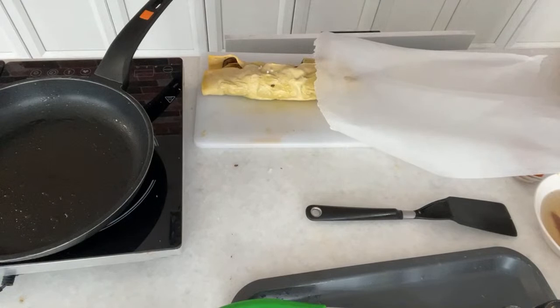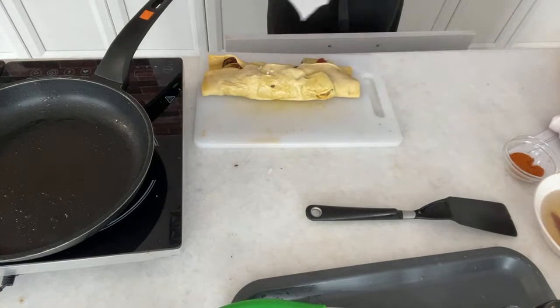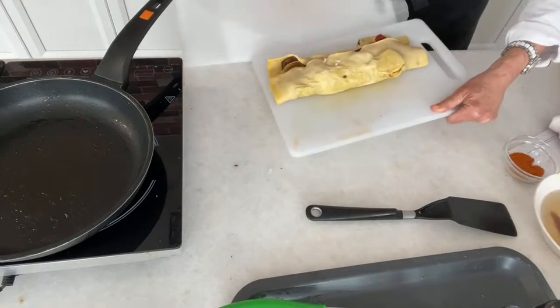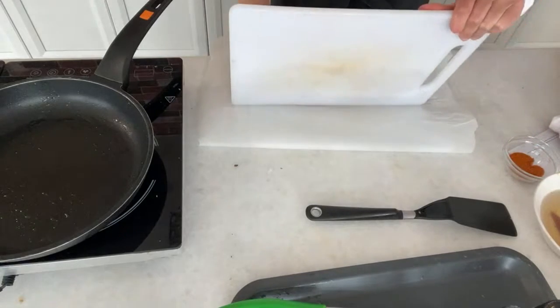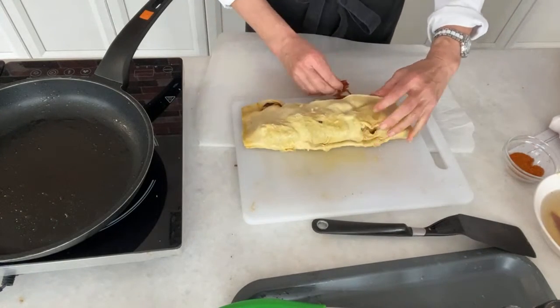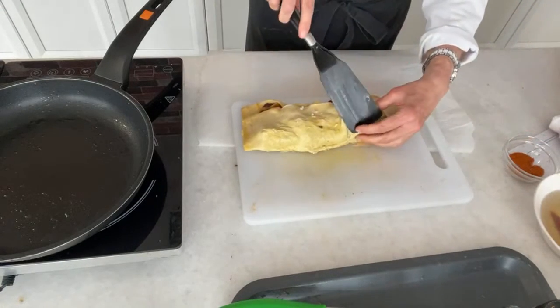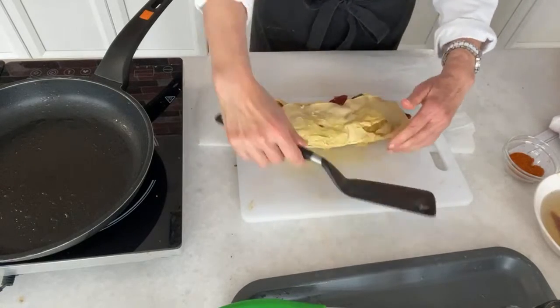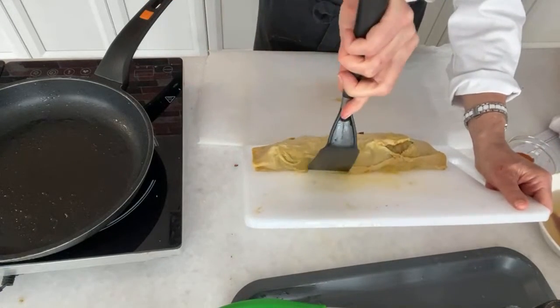But whatever you're going to do, it's much easier if you have it all ready to go. All right, so I'm just going to show you here. So we're going to roll this, turn this over here. And what we're going to do is make this a little bit colder because we're going to put this in the